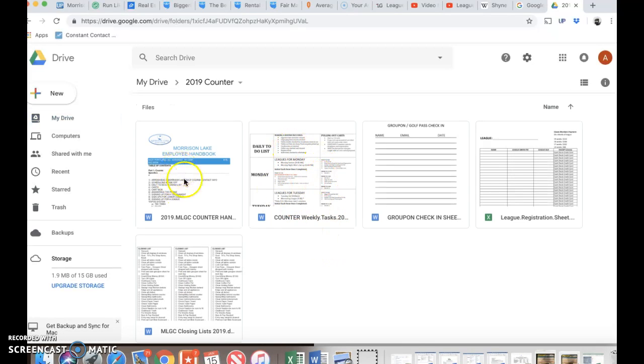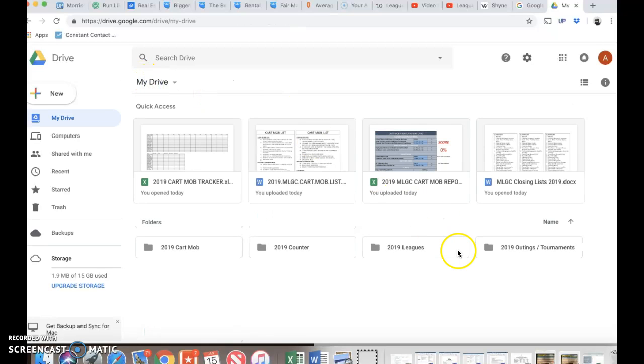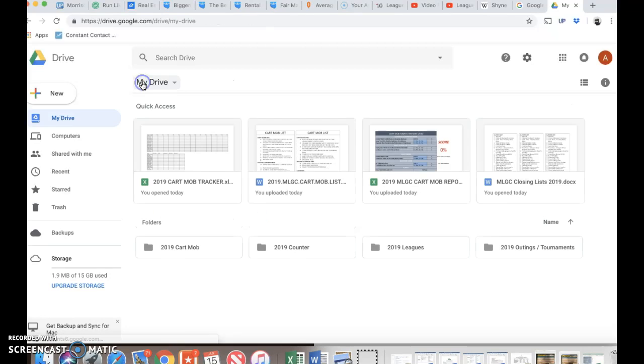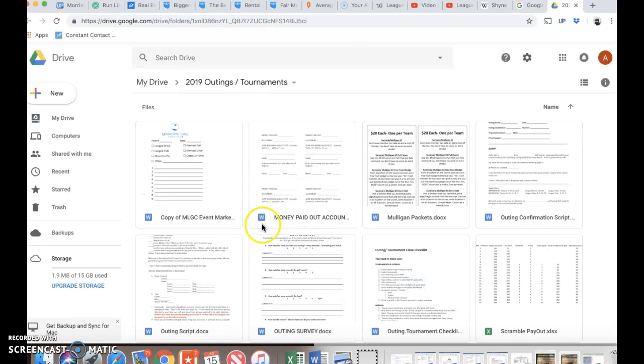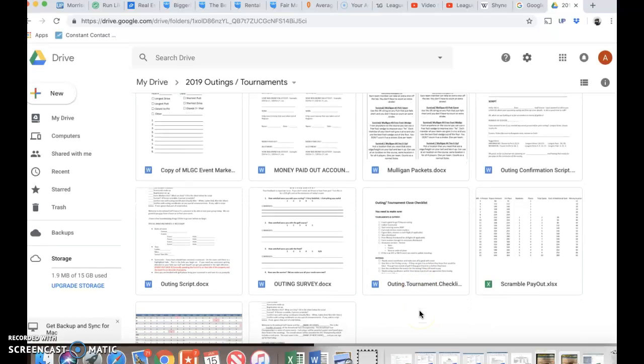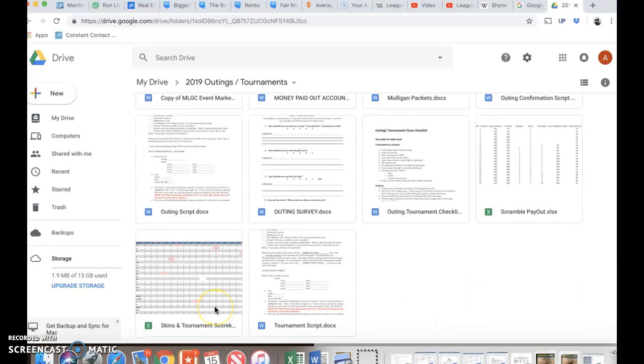The weekly tasks, the handbook, the closing list, the Groupon check-in sheet, league registration, those type of things. League registration, we might find a new home for that. Like in leagues, your event sheet, your skin sheet, the event sheet, anything else that pertains to leagues, outings, tournaments, mulligan packets, the outing confirmation script, the outing checklist, the surveys, the skins tournament scorecard, scorekeeper,